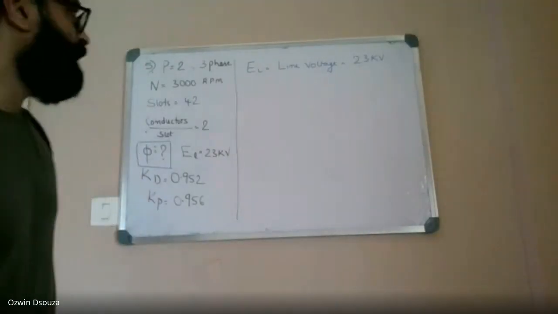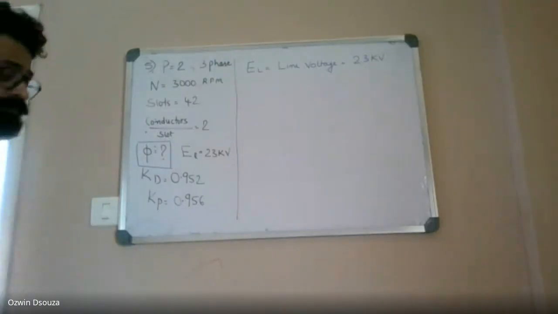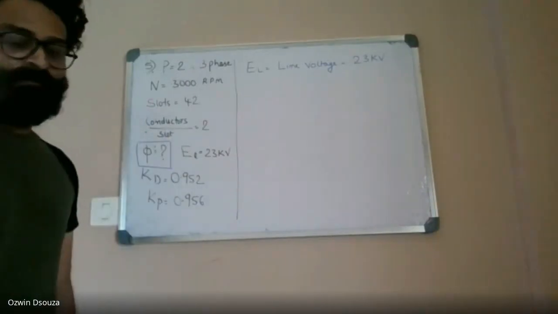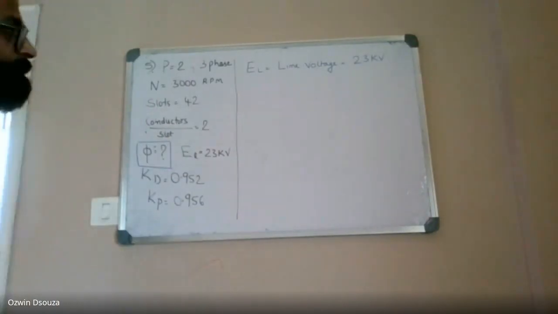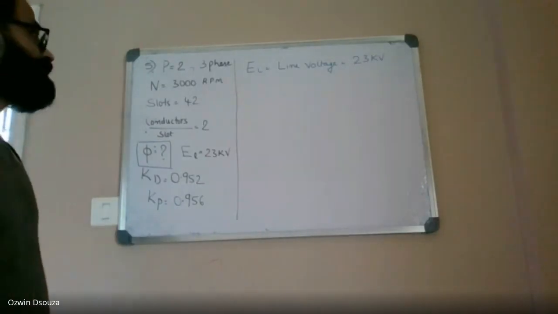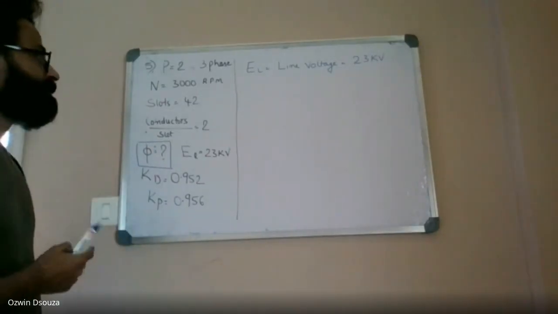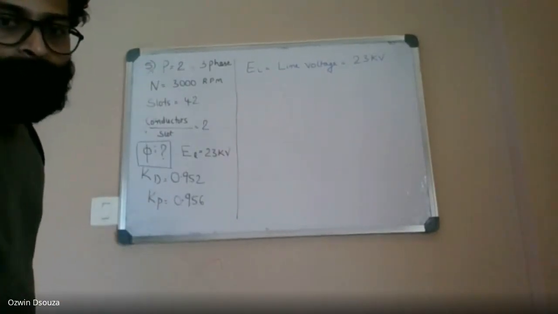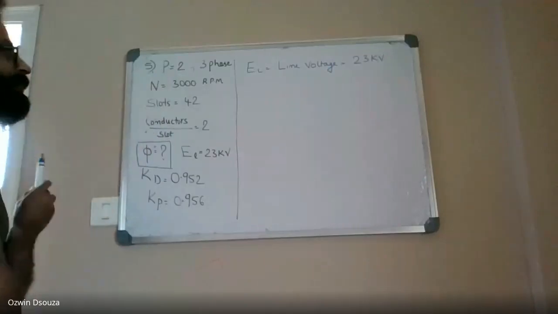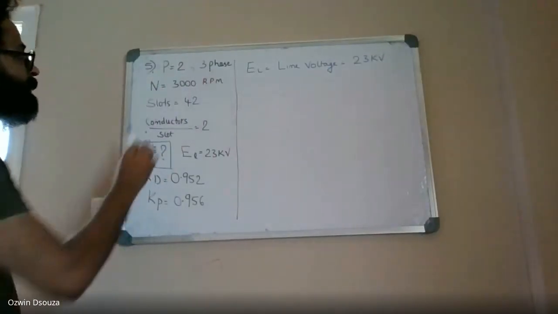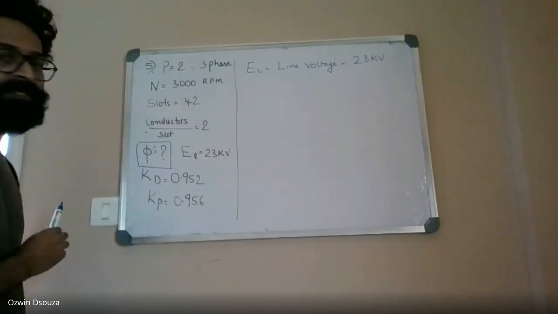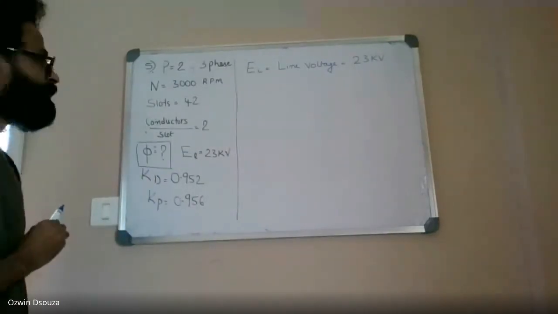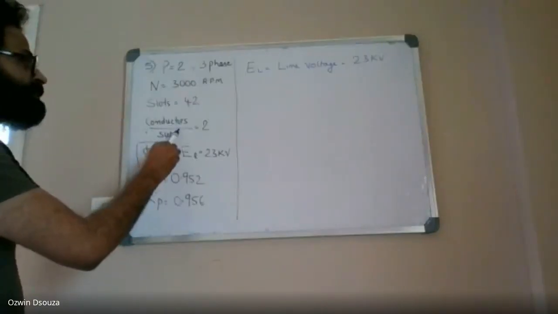Okay, so let's start from problems based on alternators. This is the first problem of the day. Fifth problem basically. So we have a two-pole alternator, which is three-phase in nature. The alternator is operating at 3000 RPM, having total number of slots equal to 42 and conductors per slot